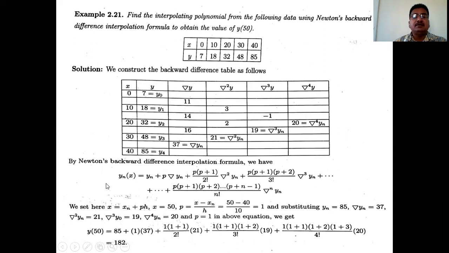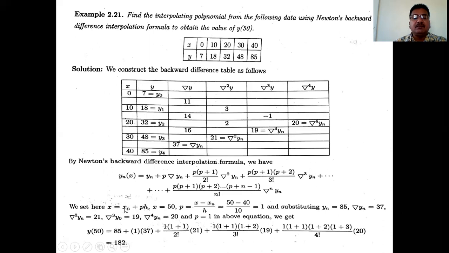And then write Newton's backward difference interpolation formula. Using the proper notation, f(x) is equal to f(a+nh) plus u del f(a+nh) plus u(u+1) by 2 factorial del square f(a+nh), then u(u+1)(u+2) by 3 factorial del cube f(a+nh). In this way, write the terms up to del raised to 4. No need to write the general term. So write the terms up to the fourth term.